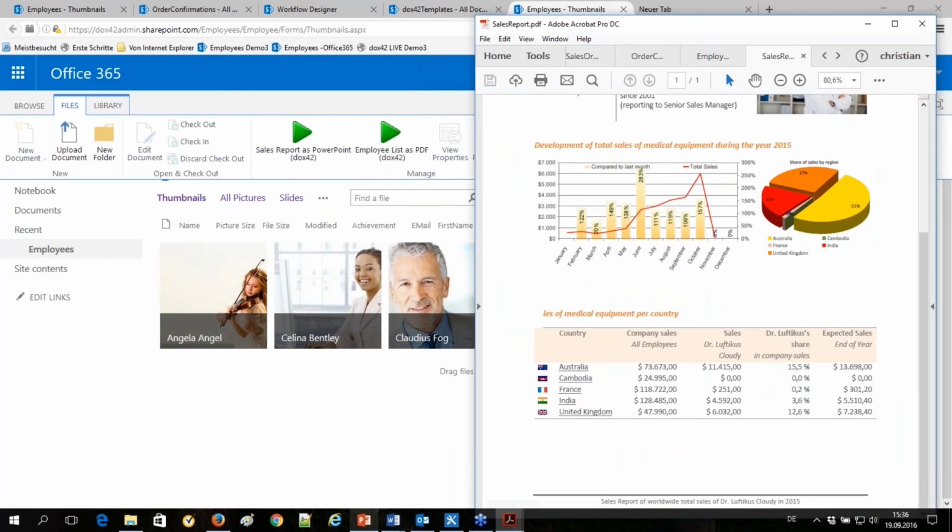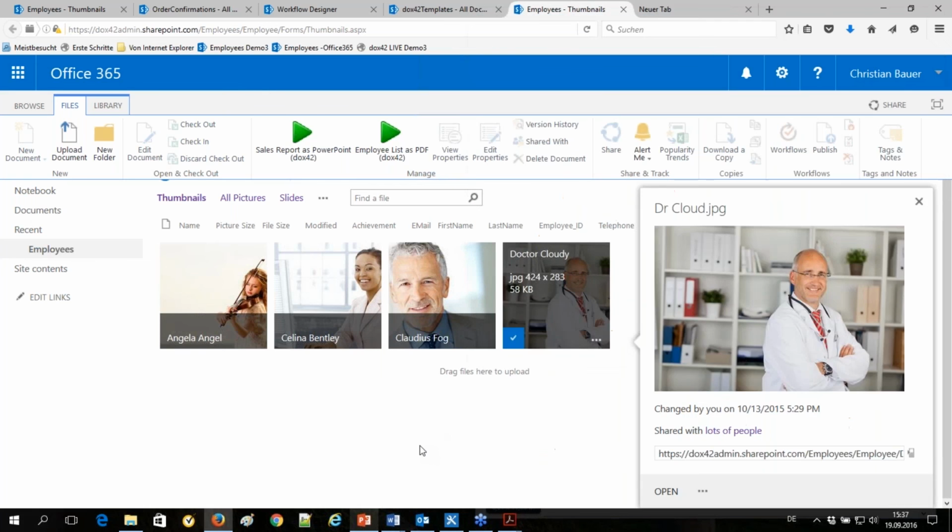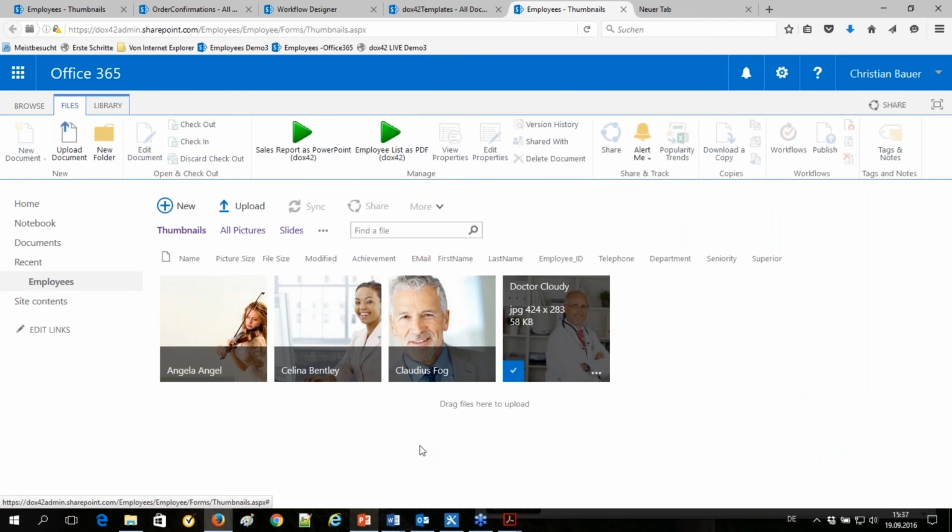By the way, the template for this presentation you can always get out of the Docs42 add-in. You can download the add-ins for free from our website, for a trial of course, and you can just open them here. Yes, and that's the template. It's just 3 slides. And that's the template how the sales report presentation is generated.